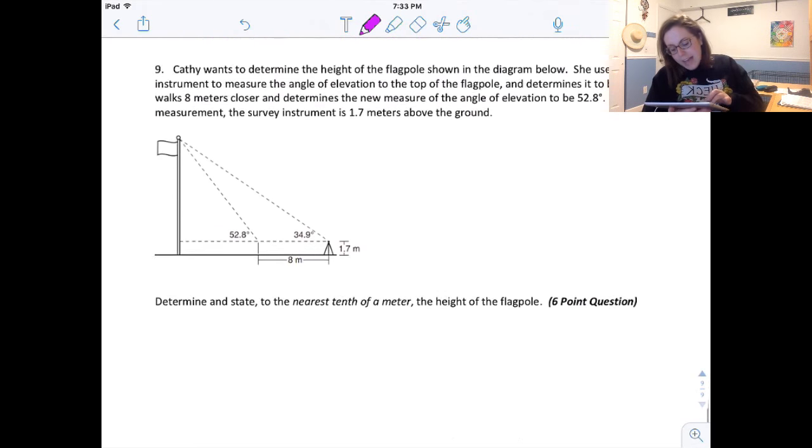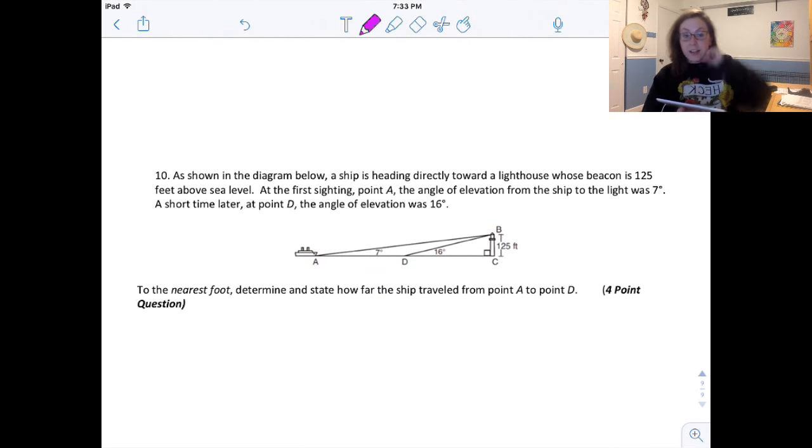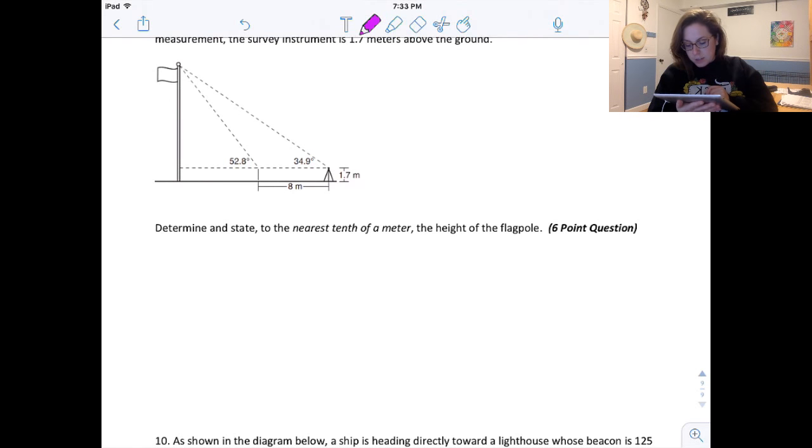Okay, so last two, and these are ones where we wind up with multiple triangles in one. And often here, it's going to be helpful for us to use law of sine. You can do them without law of sine, but law of sine usually will make your life easier. So I'm going to start with